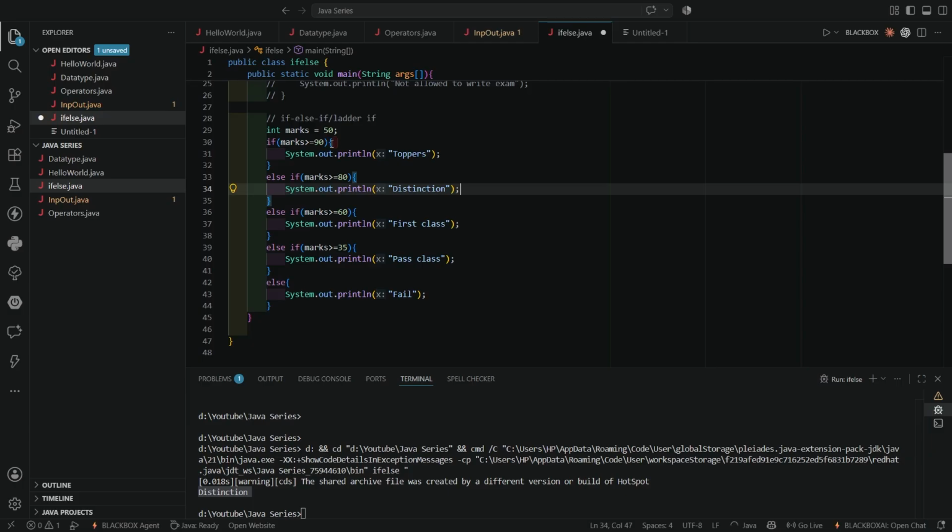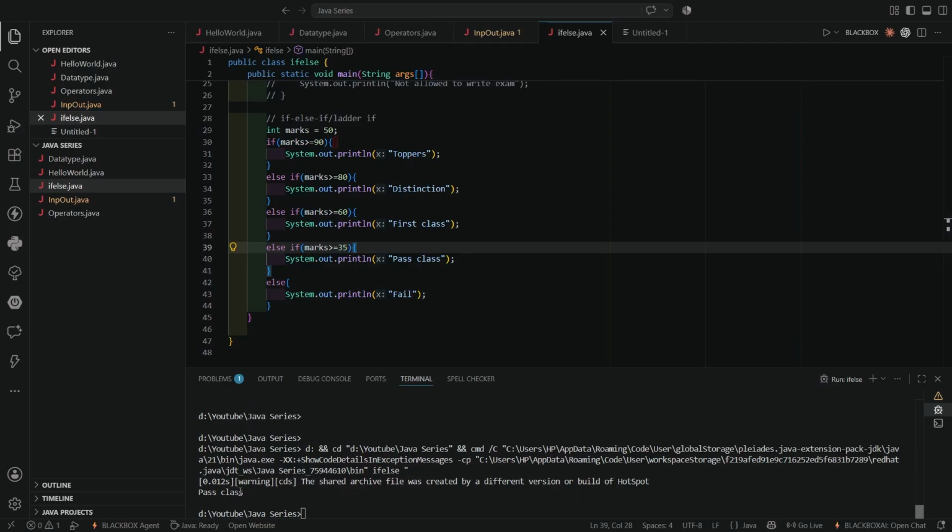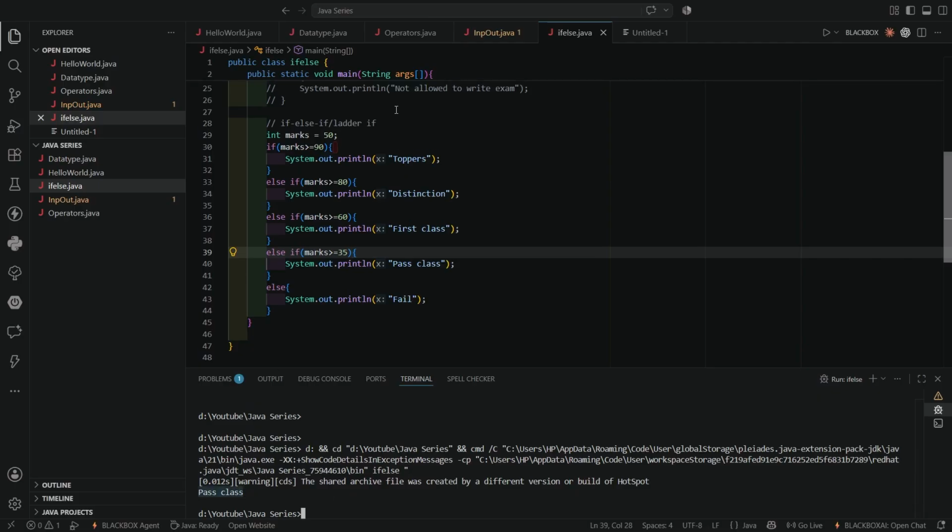Clear? It will check the first condition, it is false. So it will move on to the second else if condition. Again it is false and it will move on to the third condition. Again it is false. Next, when it is moving on to the fourth condition, it will find a matching statement and finally it will print as a pass class. Yes, finally it got printed as a pass class. Now let us make this as